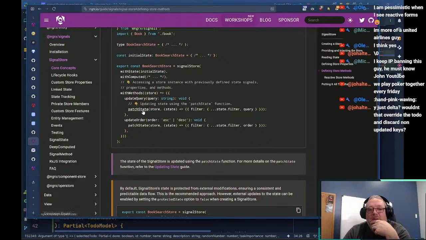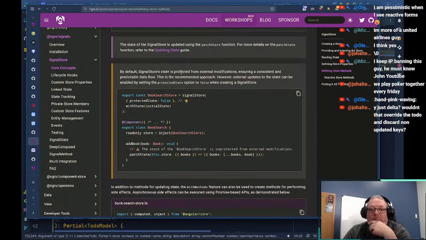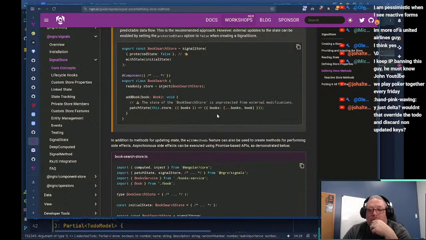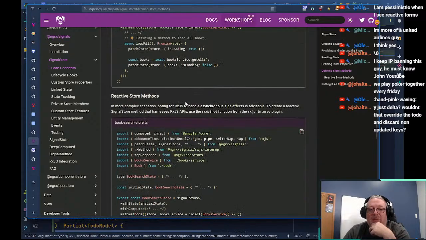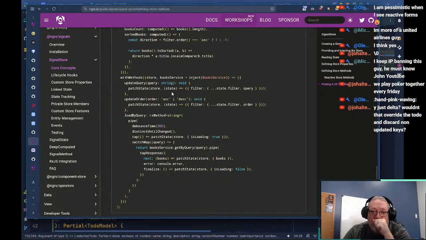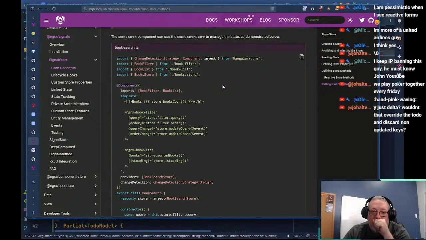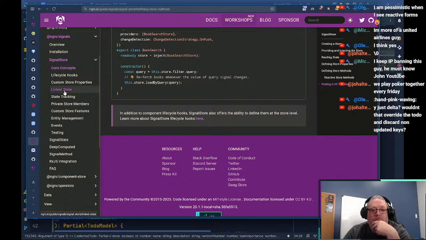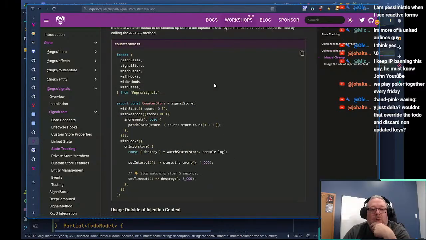Maybe it's here. Oh, that's using patchState, but you should be able to do side effects. Watch states.